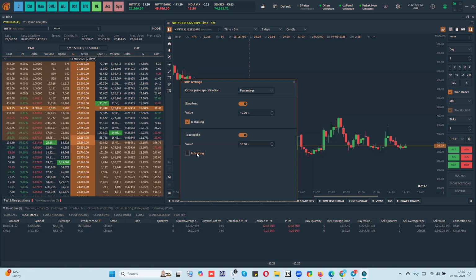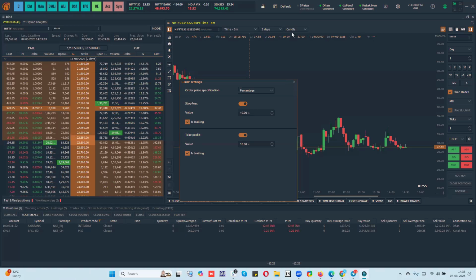When I say trailing for take profit, if the price goes against you from the buying price or selling price, your target also will start trailing lower, or closer to your price. So that is called take profit trailing. Whereas in the case of stop loss, the stop loss will start moving closer to your entry price. In the same way, take profit trailing will bring your target closer to your trading price if the price goes against you. If the price goes in your favor, take profit will remain as it is. So this is how the trailing stop and take profit will work.